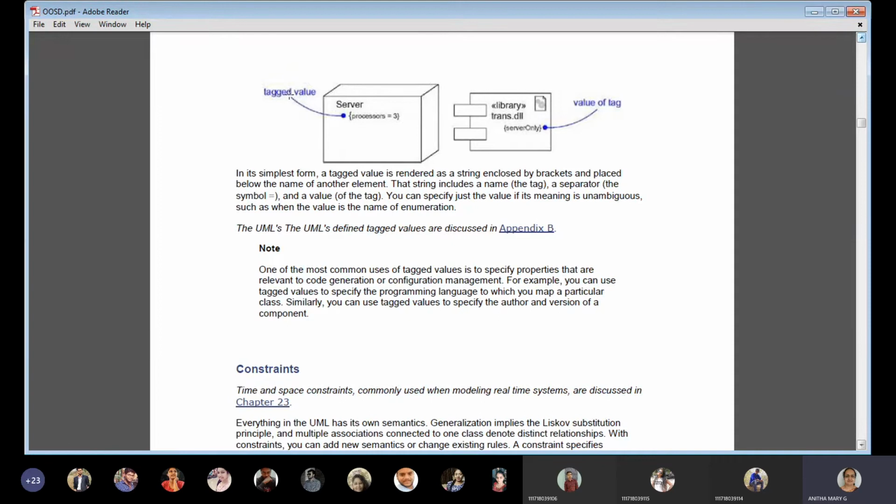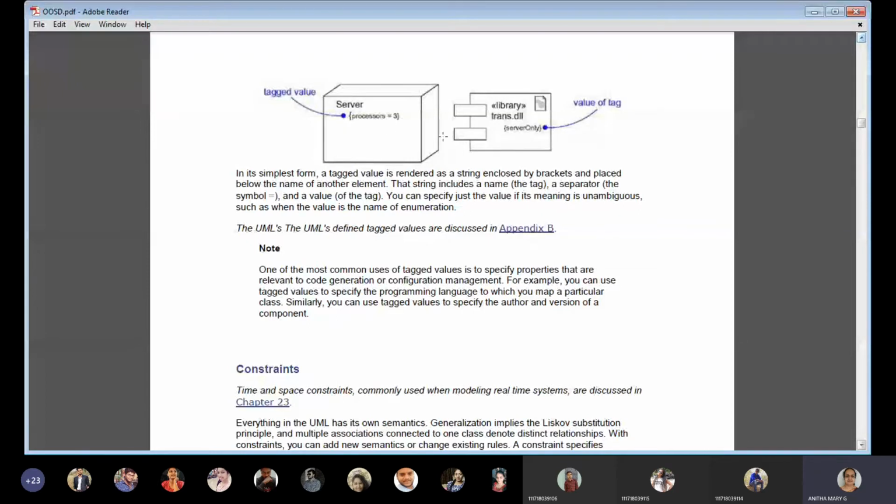What is a tagged value? What we have learned is that it is the extending properties. About the server, I want to say what exactly it has, what its properties are. That can be given within the curly braces, or the version of it. So the properties we can show using tagged values. This is the simple form.